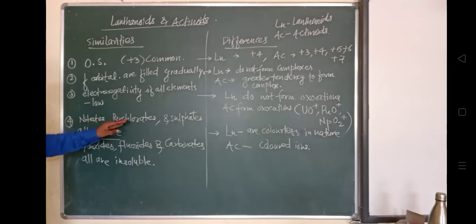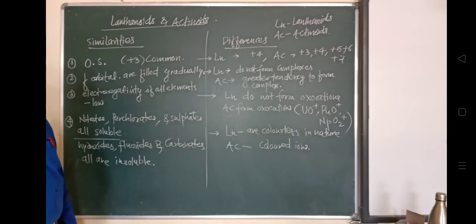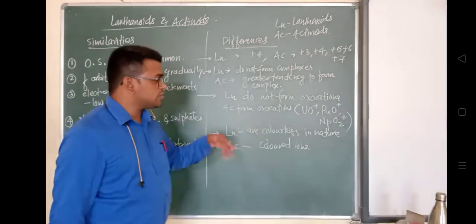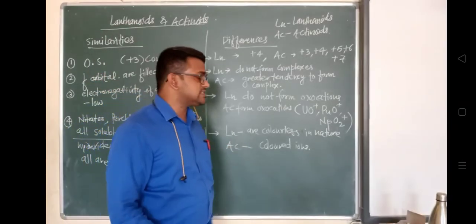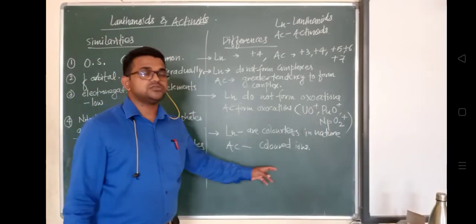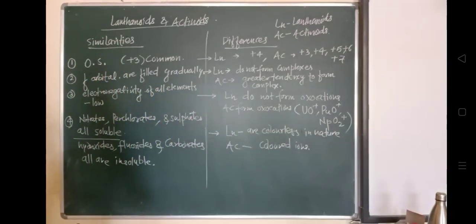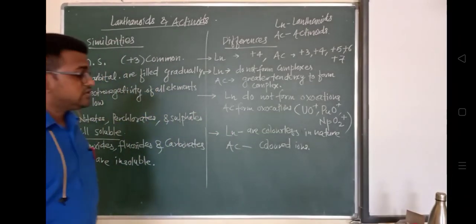In table number 8.14, they have also mentioned how, in the case of actinoids, the atomic radii as well as the ionic radii decrease. We already discussed that this is called actinoid contraction. There is also some comparison between the pre-transition and lanthanoids and the transition metals, so that you can refer.